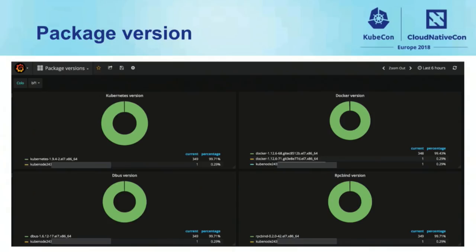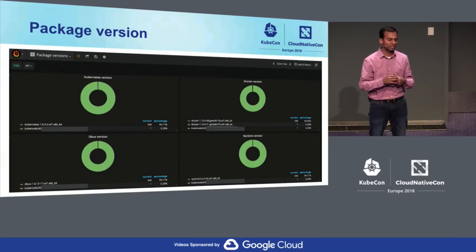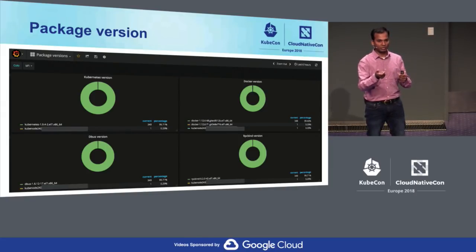So we had a war room for an alerting session. One of the challenges we had was that we have so many systems, it's hard to track which machine has which package version. So we came up with a tool. We just wrote a simple script which labels a node with the Docker version or dbus version or rpcbind, some critical daemons. So from Grafana with a pie chart plugin, we were able to get a good visualization